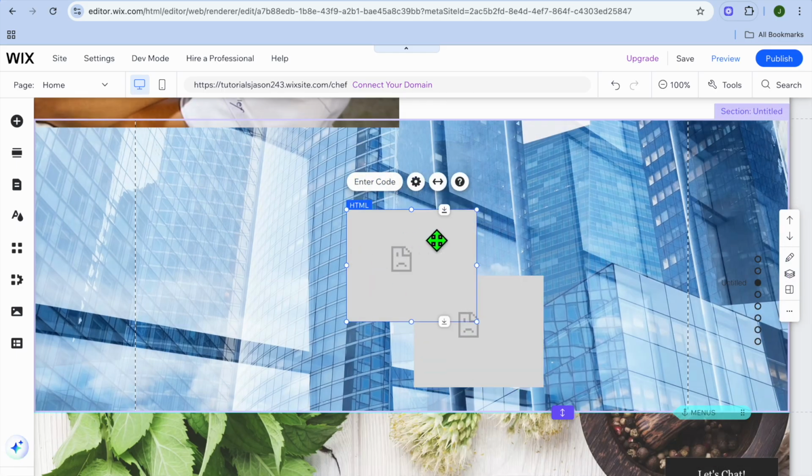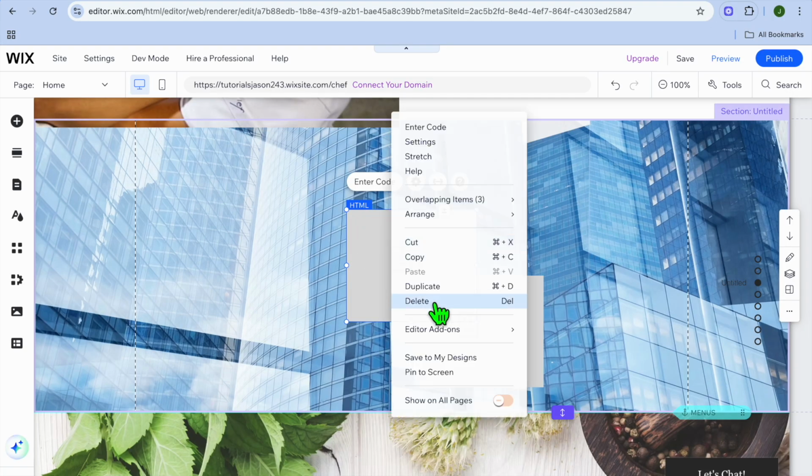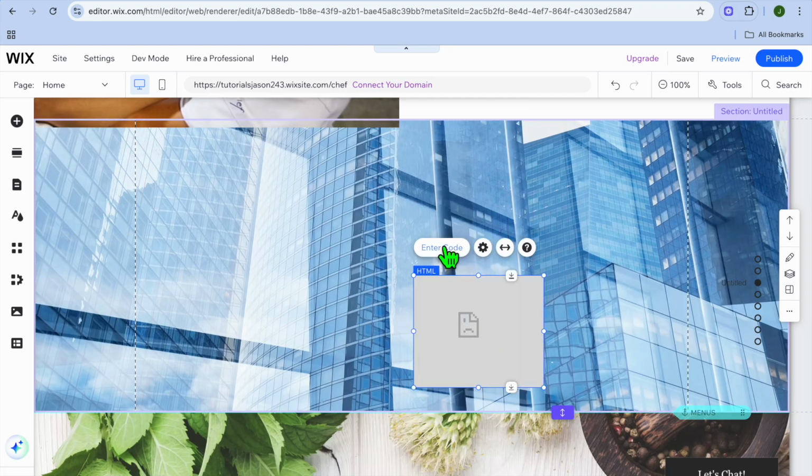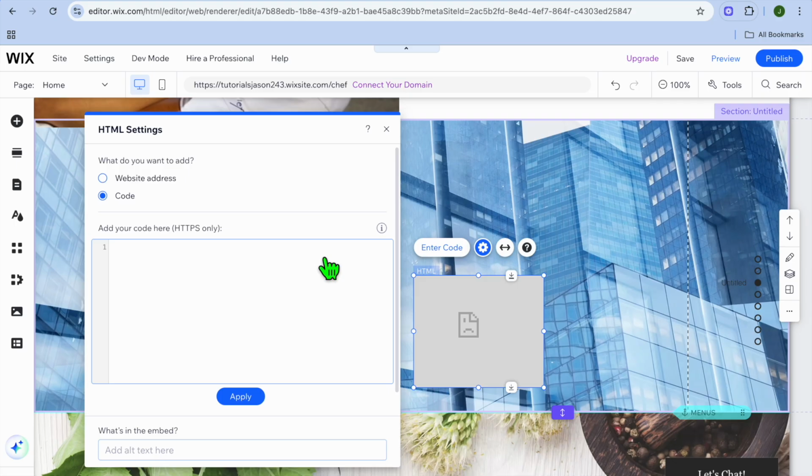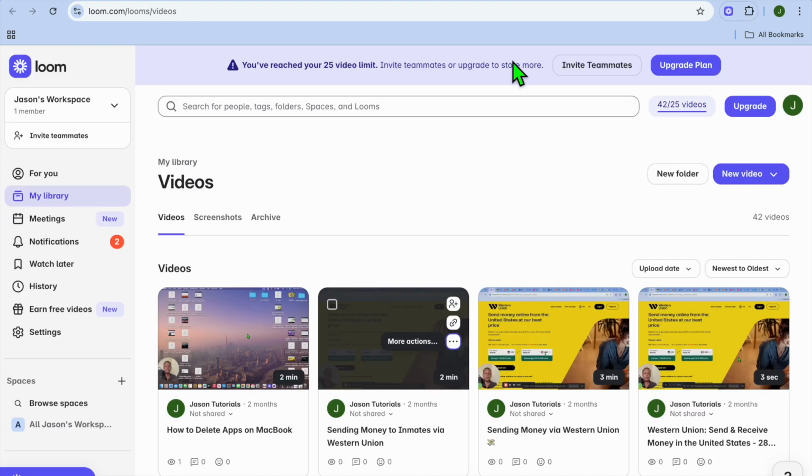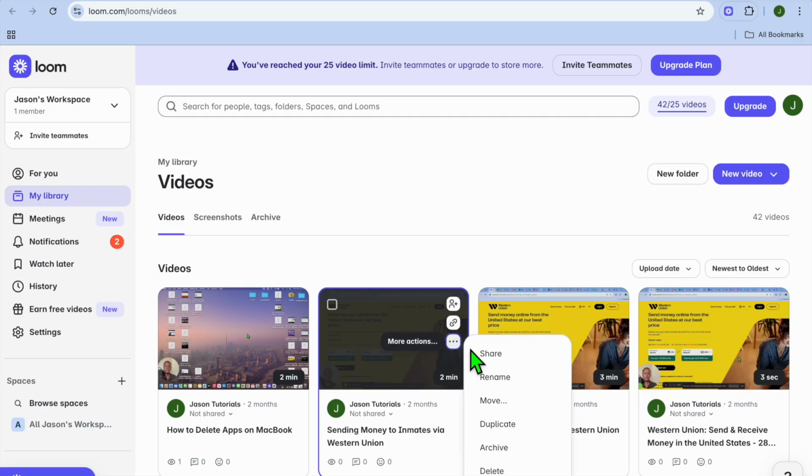After selecting embed HTML, from here you'll be able to add in the code. But before adding in the code, you're going to tap right here, then select enter code, and you're going to open a new tab and you're going to go onto Loom. From there, you're going to select the video that you'd like to add onto your Wix website,